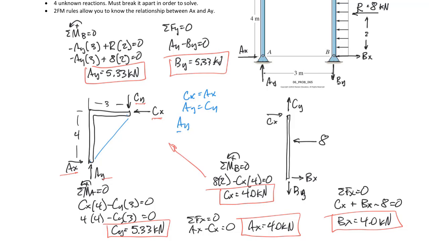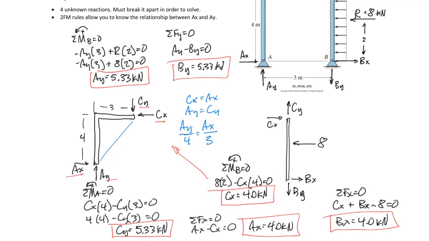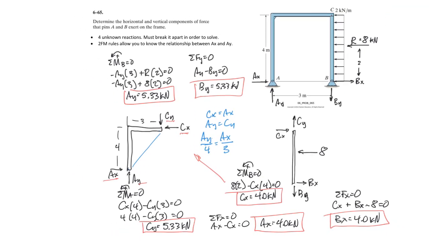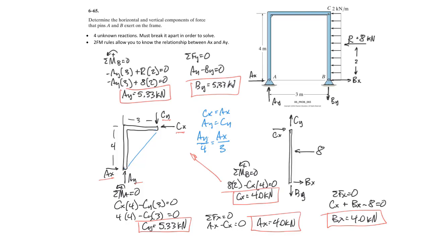We also know that AY is to the distance 4 as AX is to 3. So all of those ratios and things like that we did in Chapter 2, some of the other things we've been doing since Chapter 2, can help us go quickly when it comes to analyzing some of these more advanced kinds of